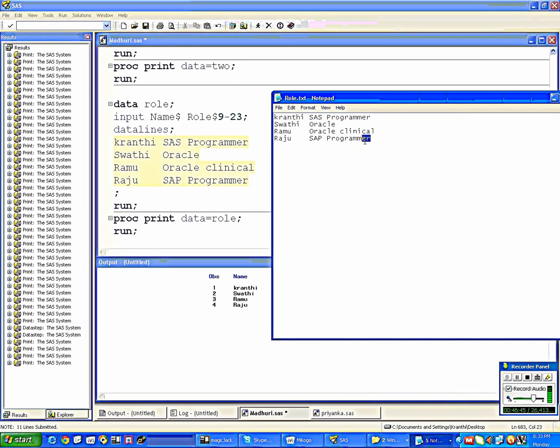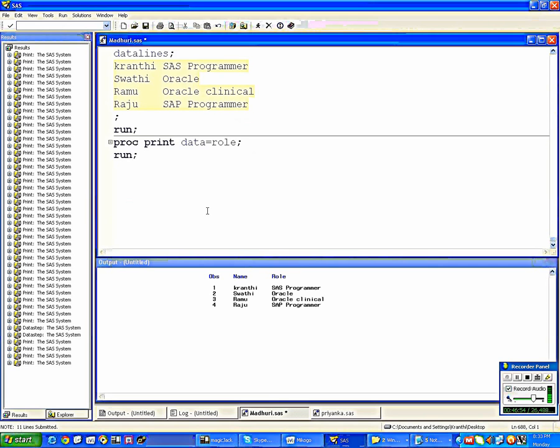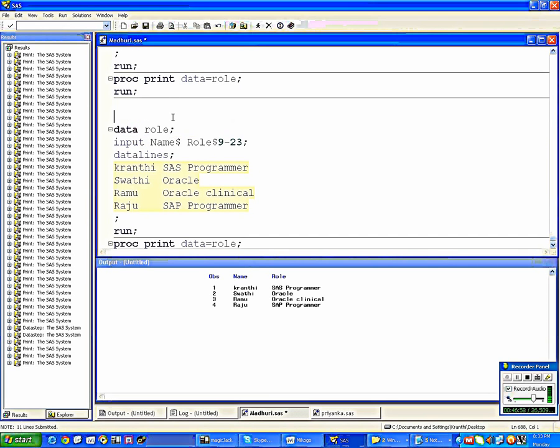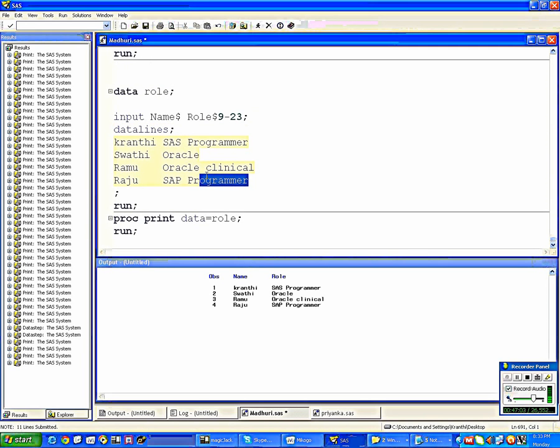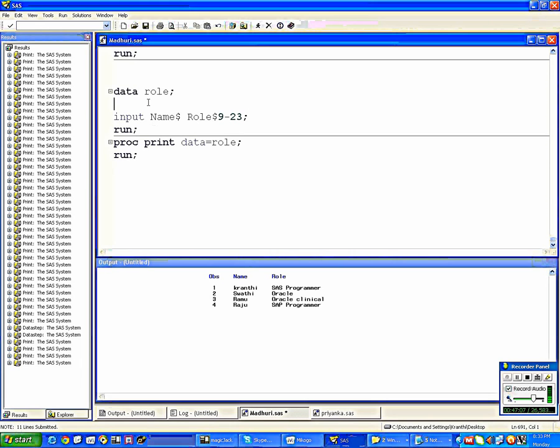Right? But I want to read the data which is from the external side. The same data. But I don't want to use it under the datalines. I want to read from the external text file directly. So what to do here? You need to give the location, right? So data role, name role. But here we are not using the datalines.